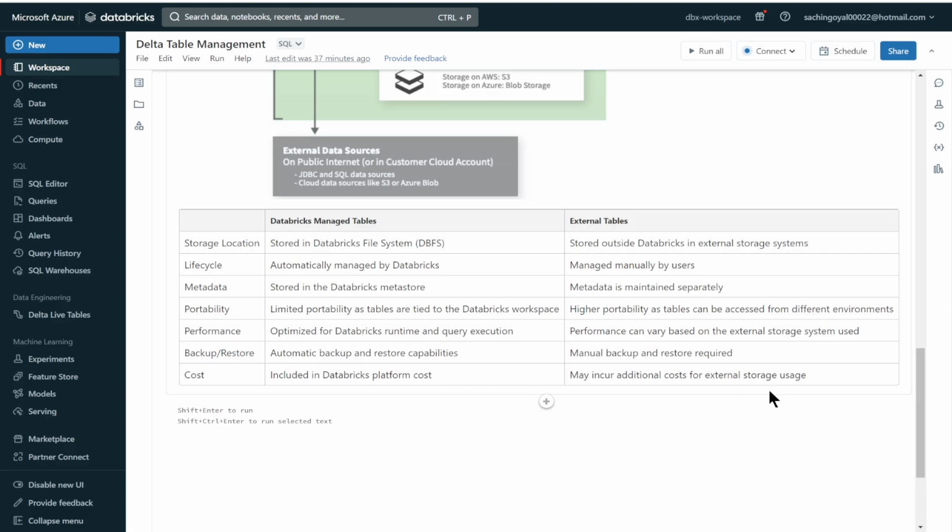In external tables, the cloud provider, let's say AWS, Azure or Google Cloud, they are going to charge us. That will be a separate bill apart from the